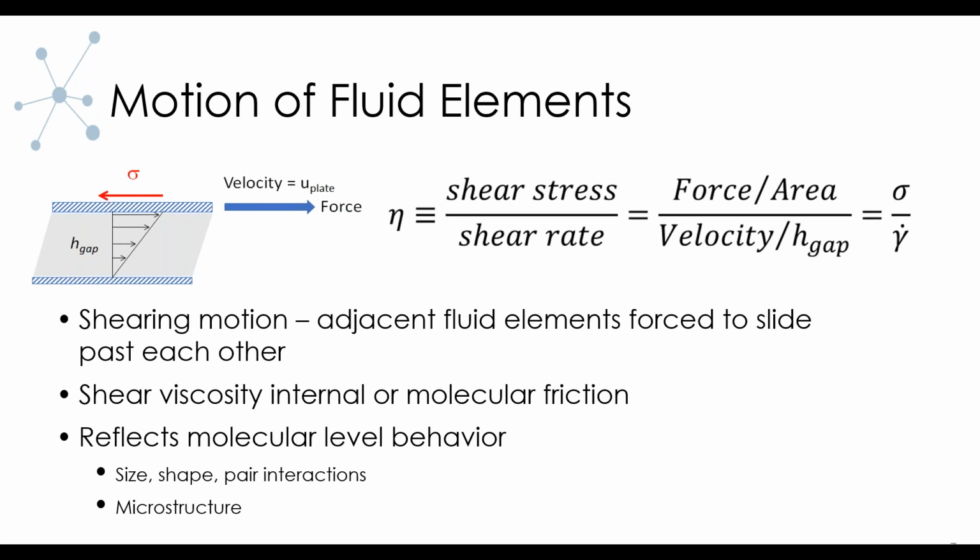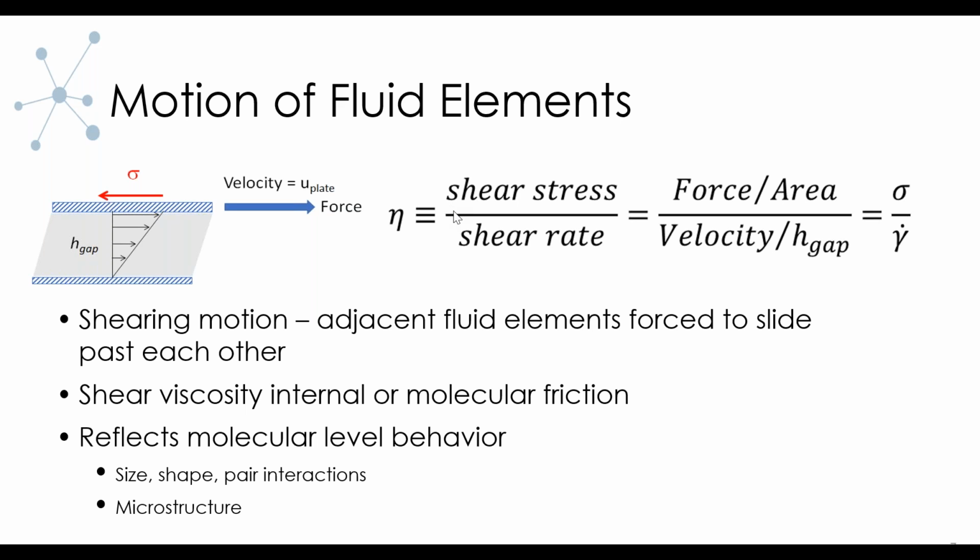Getting into a little bit more about fluid elements in motion, an experiment that is very common in viscosity is the parallel plate experiment, where you have a plate that is stationary and a plate that moves. This is a classic example of how viscosity is measured. As the plate is moved, the fluid resists that movement, and we can take those forces and use them to calculate viscosity.